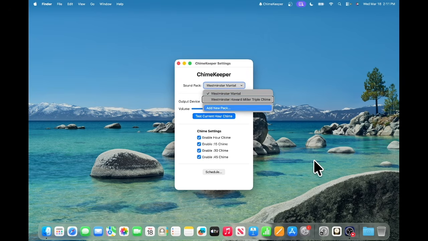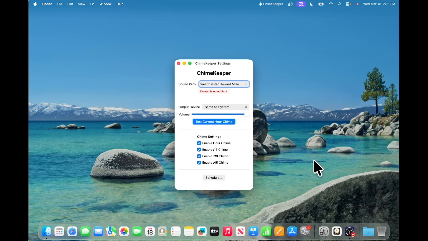Westminster Howard Miller triple add new pack. We have the two packs. Westminster Howard Miller triple chime. Westminster. Now these get added in to the app content, so you don't need to keep your folder in the